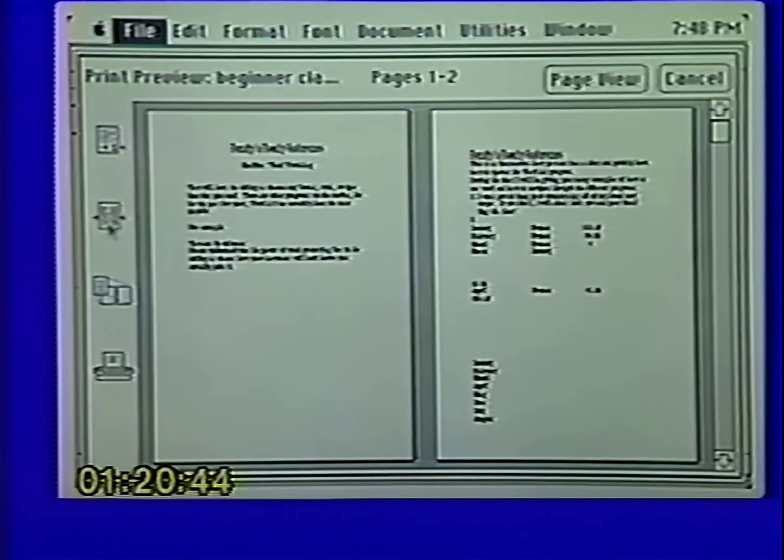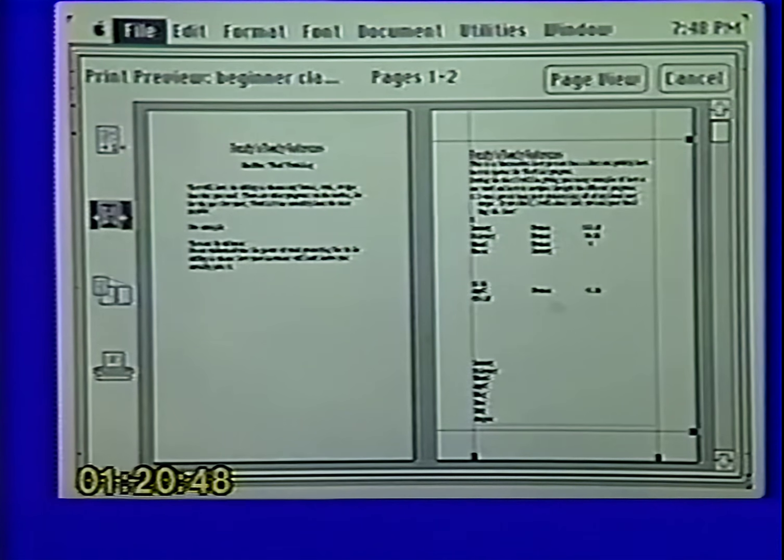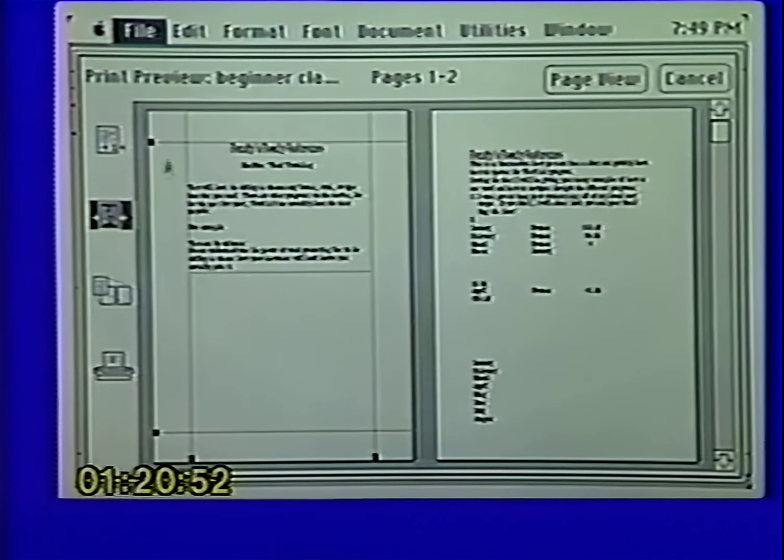The next icon, the second little icon, allows you to see your margins. So if I click on that icon, you will notice immediately that here are my margins. If I click over on this page, there are my margins. There's my top margin, which is 1 inch. There's my bottom margin, which is 1 inch, and there are my side margins. While you are in print preview, you can now click on these boxes and you can literally move your margins.